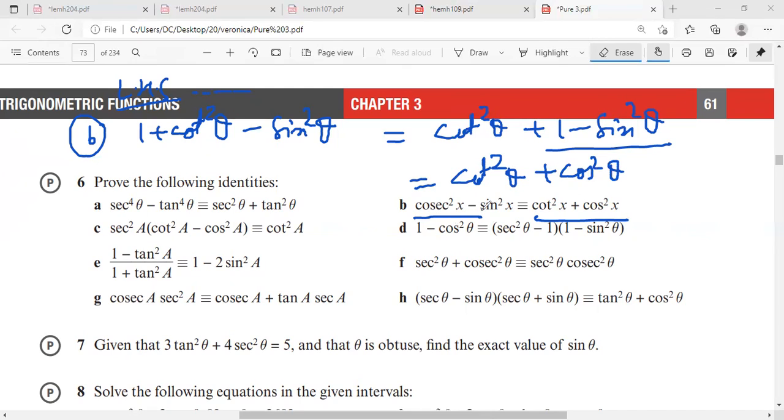I'm sorry, this was in x, so every theta will change into x. So you will reach the right hand side. In place of theta, you can write x, and you have proved the second part b also, right? Cot square theta plus cos square theta. LHS and RHS are equal. Okay. Well,